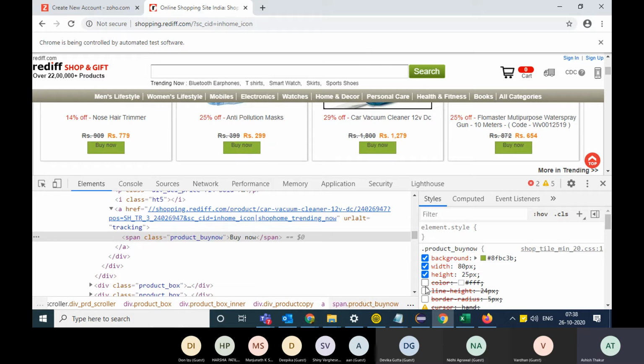So you don't need to understand the styles on the right side that much. The only thing you need to understand is that class is something which gives look and feel to the element on the web page, and class is something which is not unique. Multiple elements on the web page can have the same class.